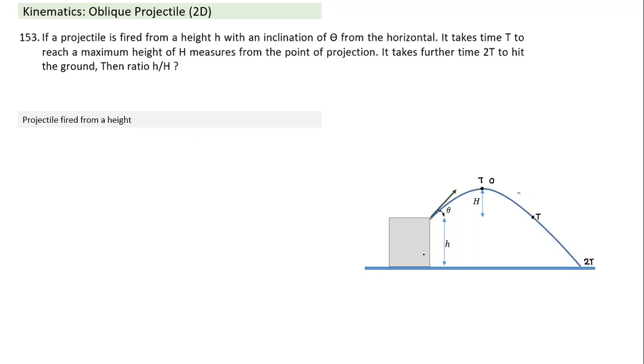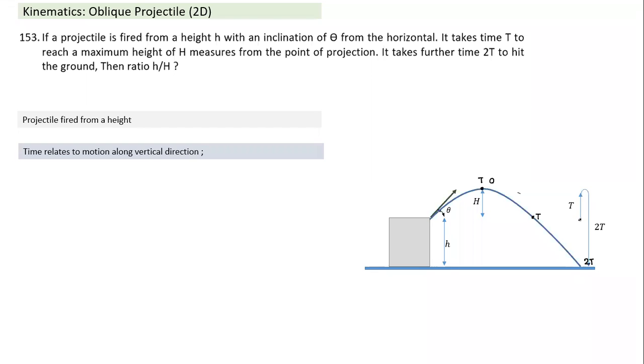See, in this question, is horizontal direction motion anywhere relevant here? We are talking only about height and time. Actually, we are looking at only what is happening along the y-axis, the vertical direction. So time relates to motion only along the vertical direction. Let's only focus on the vertical direction motion. If I convert it only into vertical direction motion, it becomes like a vertical projectile.